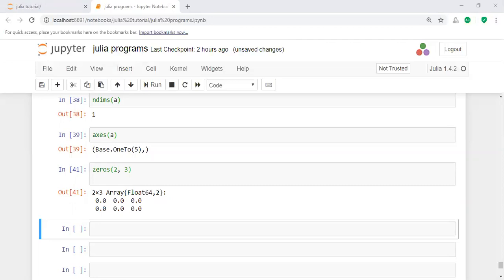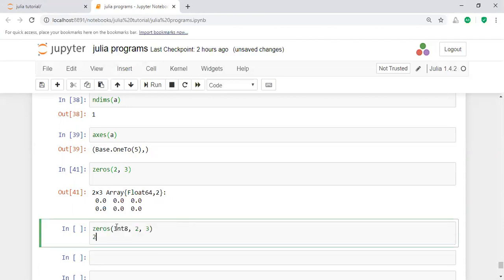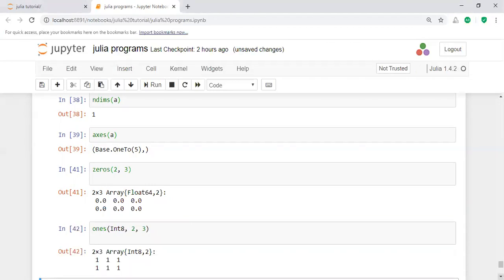Another important function here is ones, the ones function. How can you write the ones function? Let us take a simple example: ones of Int8 value displays all ones.